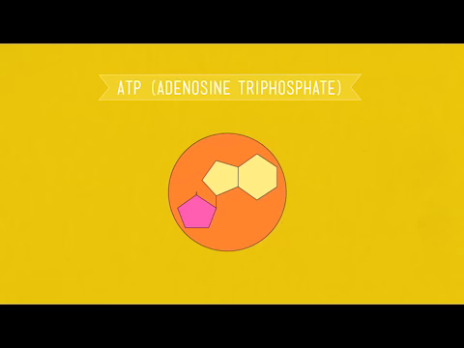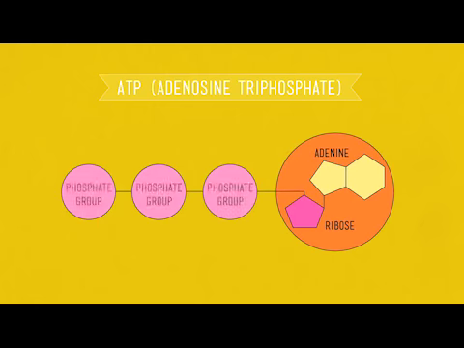Now, before we see how ATP is actually put together, let's look at how cells can cash in on the energy that's stashed in there. Well, adenosine triphosphate is made up of a nitrogenous base called adenine with a sugar called ribose and 3 phosphate groups attached to it. Now, one thing you need to know about these 3 phosphate groups is that they are super uncomfortable sitting together in a row like that, like 3 kids on a bus who hate each other all